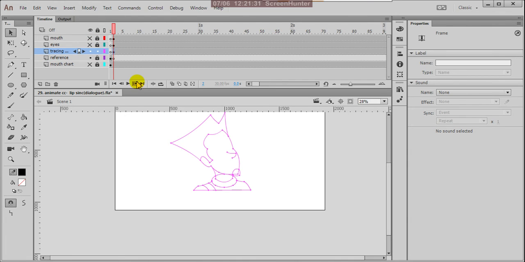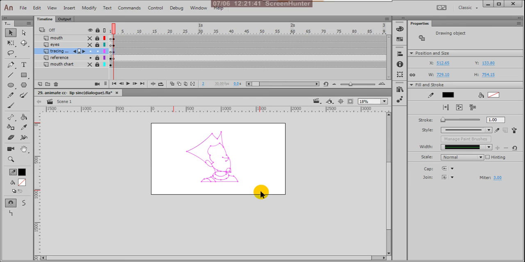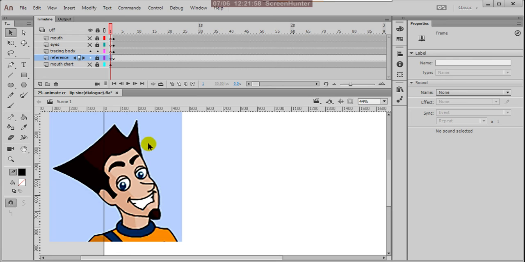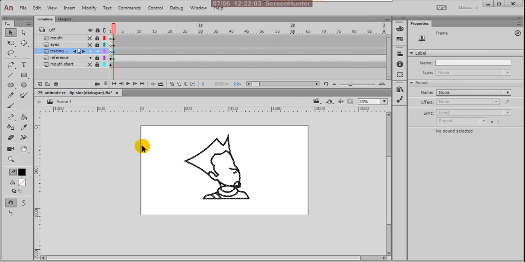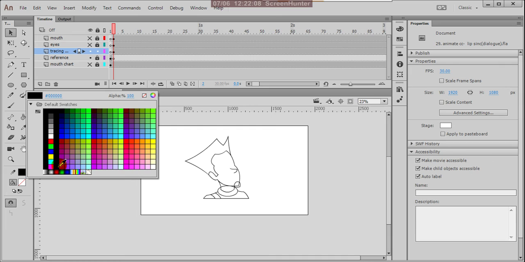Okay, so before filling colors, because we already drew with the object drawing mode, you can select everything and make Control B. Okay, so Control B, then you can fill colors. You can choose colors here, whatever color you like you can give. So I'm giving some different colors. I want to change this,